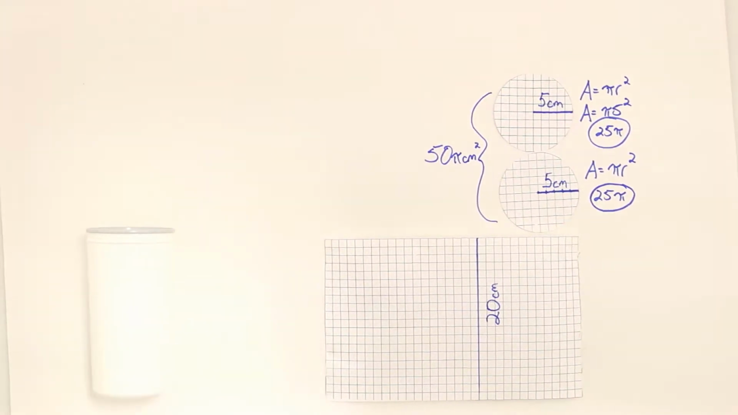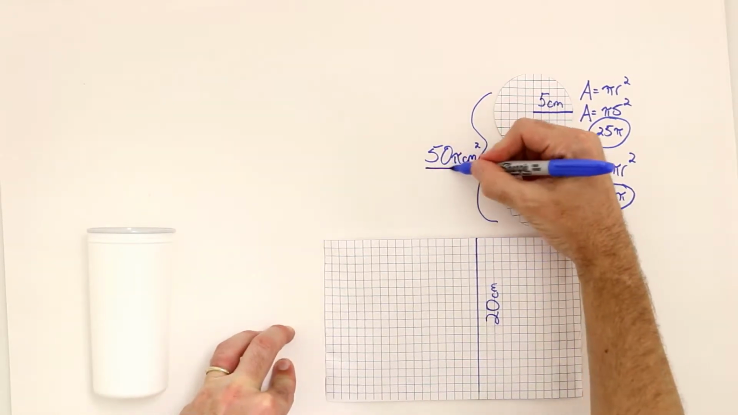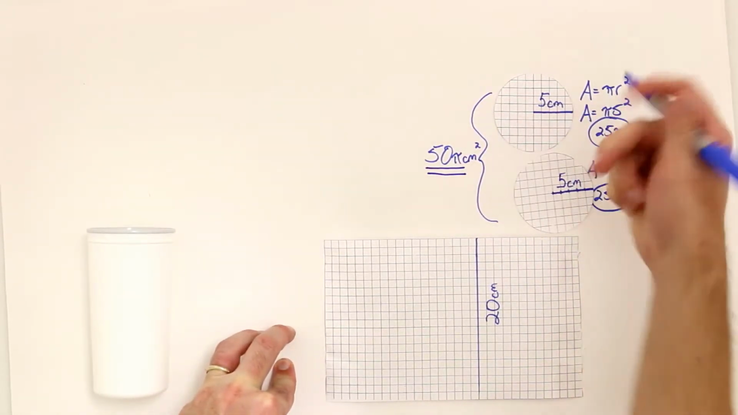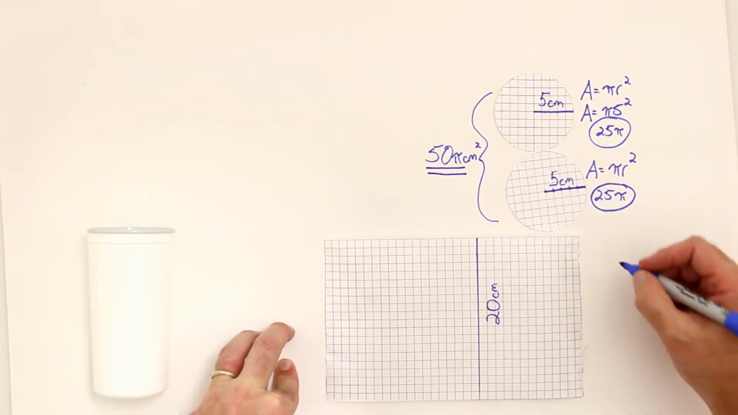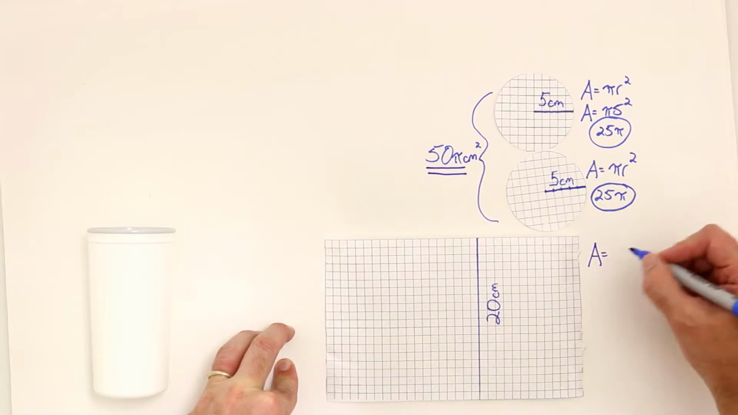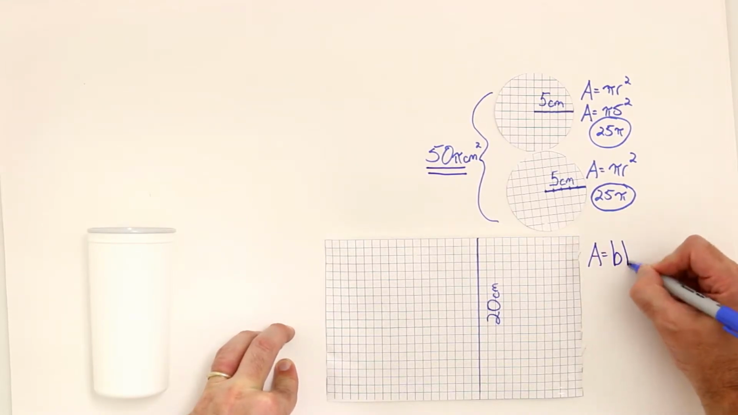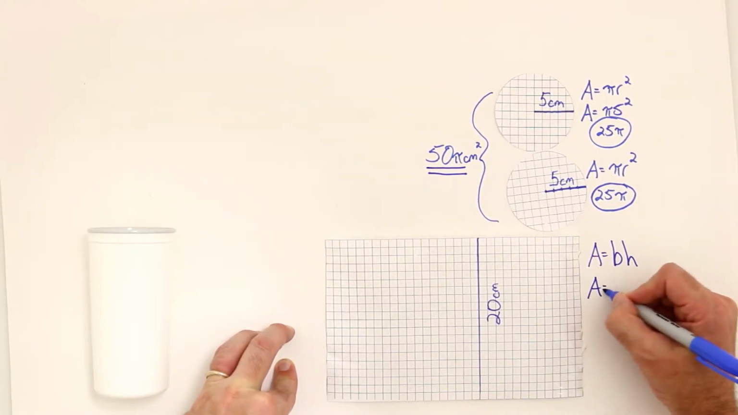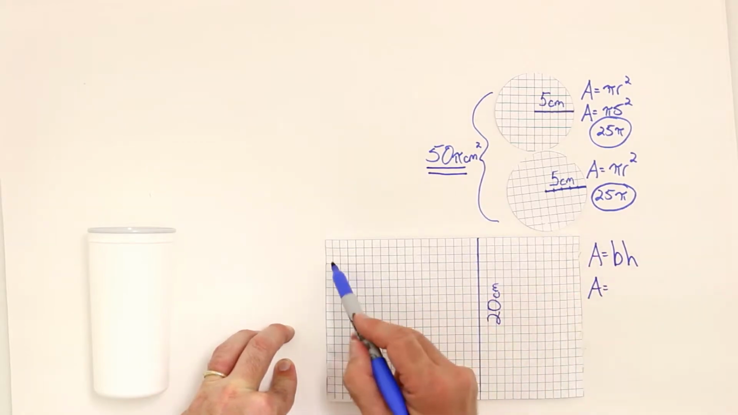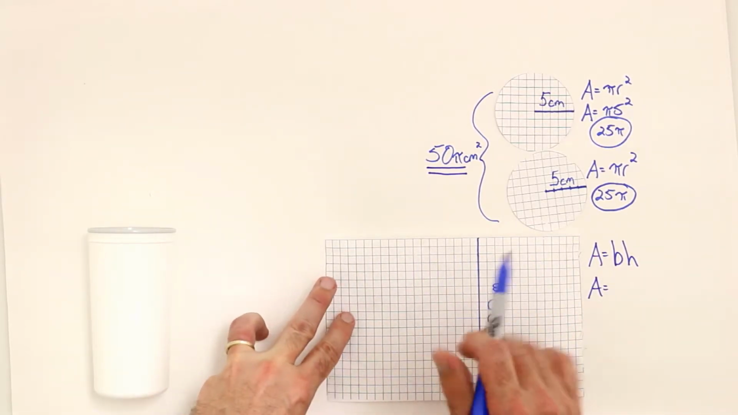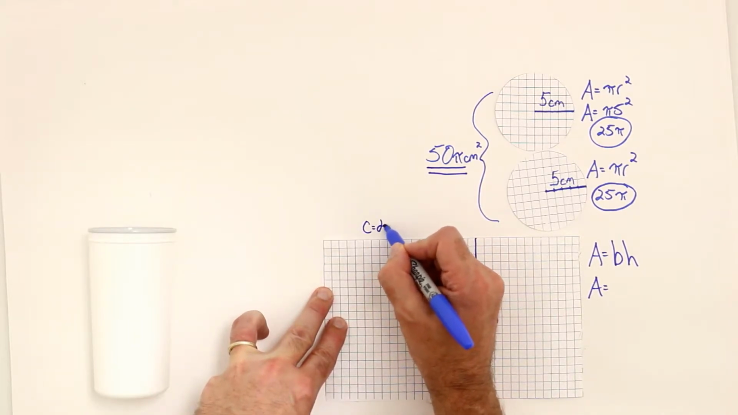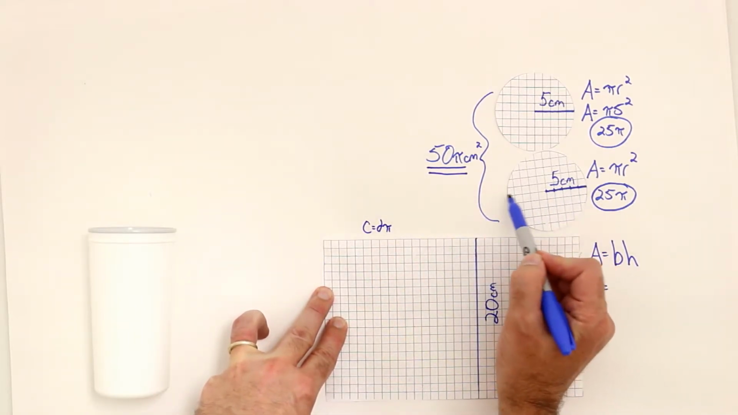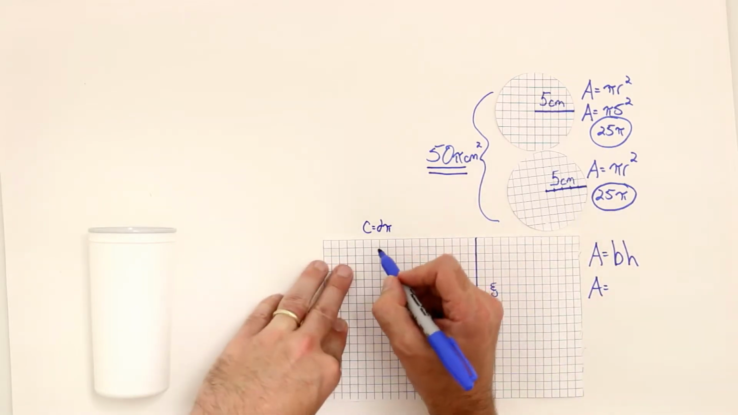Well, now let's go ahead and tackle this rectangle. The area of a rectangle is going to be length times width, but we're going to call them base times height. So area is equal to b times h, base times height. The height's going to be that 20 centimeters, but what's the base going to be? Here's our base. Remember, our base was the circumference. The circumference of a circle is the diameter of the circle times pi. Remember, the diameter will go around a circle